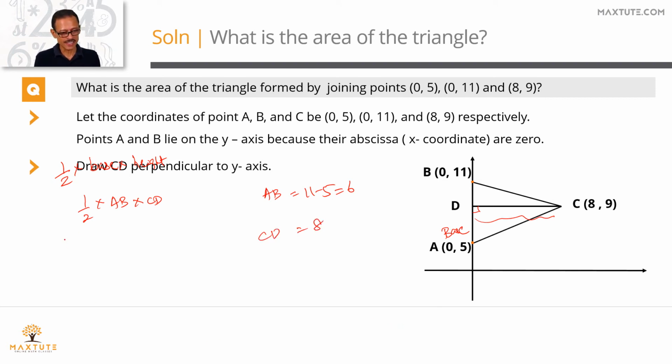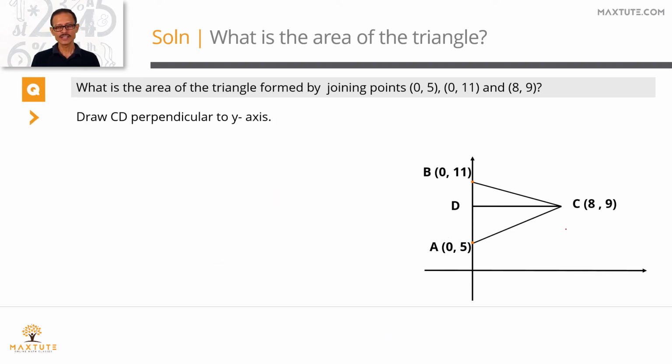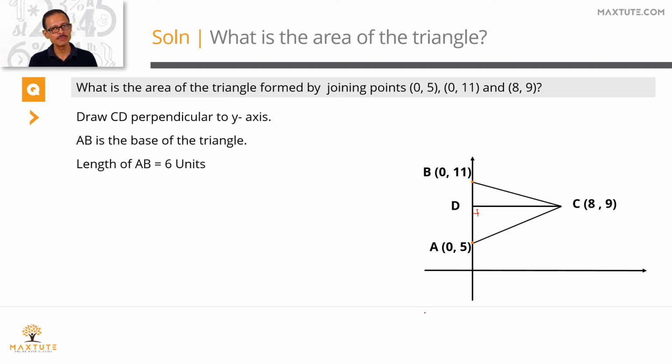So area of the triangle therefore is going to be equal to half into AB, which is the base 6, and the altitude, which is equal to 8. 48 by 2, 24 square units is the area of this triangle. Quickly summarize it in a printed form and recap it. We're drawing a perpendicular CD to AB from vertex C. So that's the altitude of this triangle. Area of the triangle therefore is going to be equal to half into AB into CD.